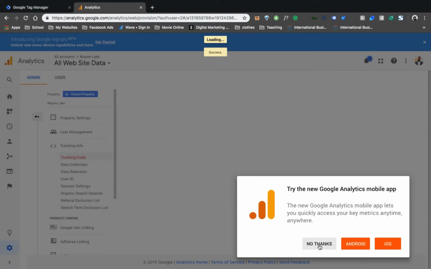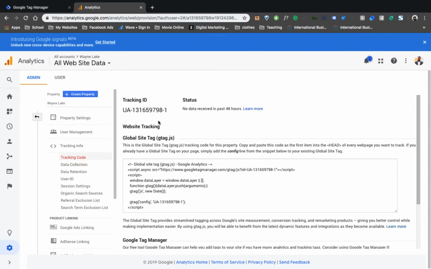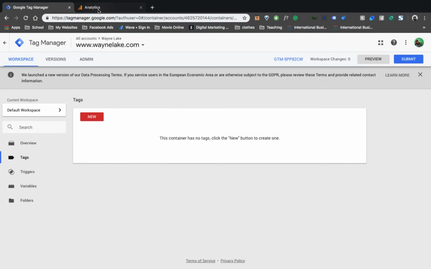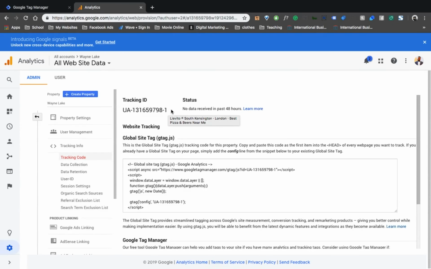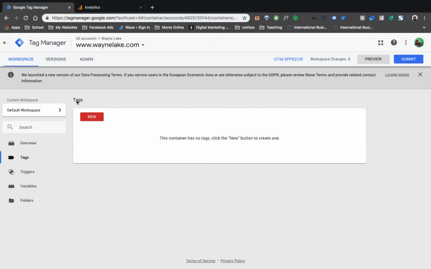Do we want to try the mobile app? Nope, we're on a computer, so we're not ready for that. So the next thing we're going to want to do is take this tracking ID and bring it over to our Google Tag Manager. So one of the ways we can do this is we can take this unique tracking ID right here. We can copy it,